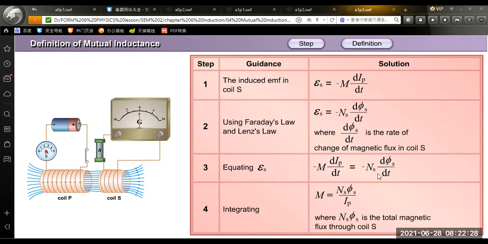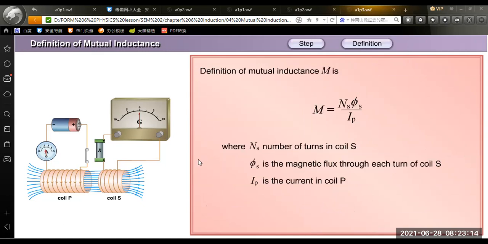So the dt cancel each other. At the end, by integrating the equation, we found that M is equal to Ns phi S over Ip. That means the change of the magnetic flux over the current in P. The mutual inductance depends on the current that produces it. The smaller the current, the greater the mutual induction. Definition: the mutual induction M is equal to Ns phi S over Ip,